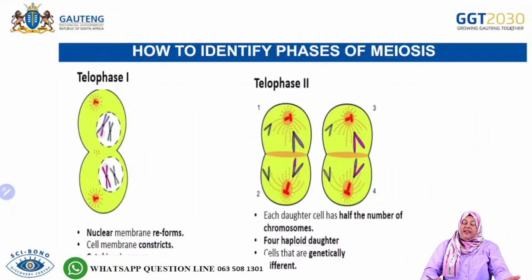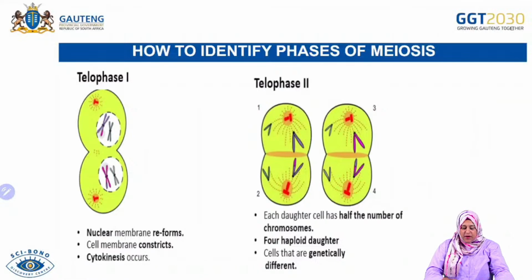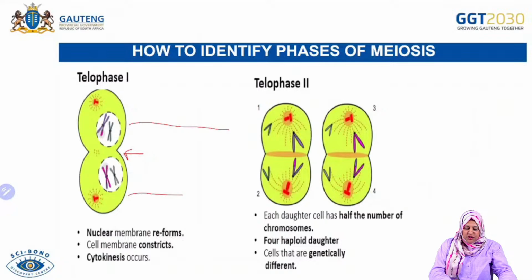Telophase, T for telophase, T4. Two cells form, the nuclear membrane reforms, the cell membrane constricts here, and cytokinesis occurs, where the cytoplasm is divided. Now each of these cells will undergo cell division to form two cells, and that's how we end up with 4 cells. So each daughter has half the chromosome number, 4 haploid daughter cells form, and an important point to